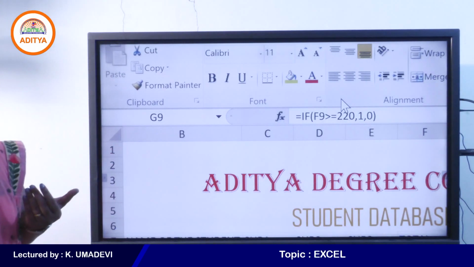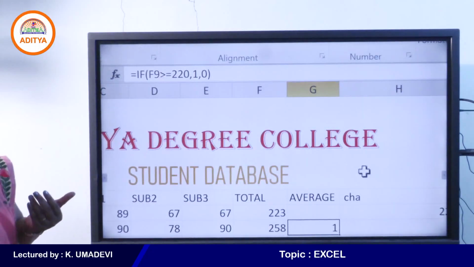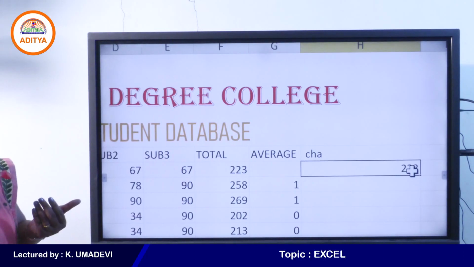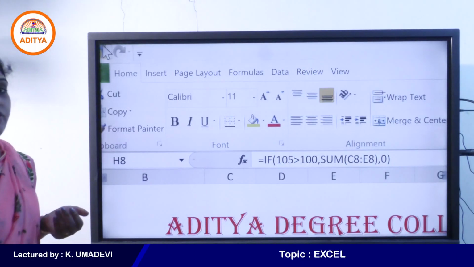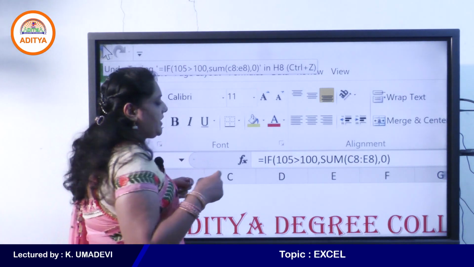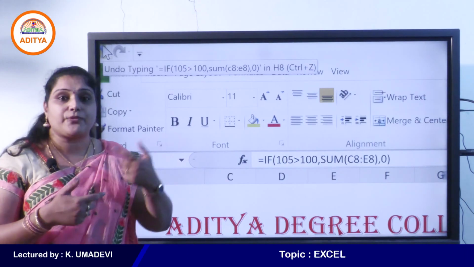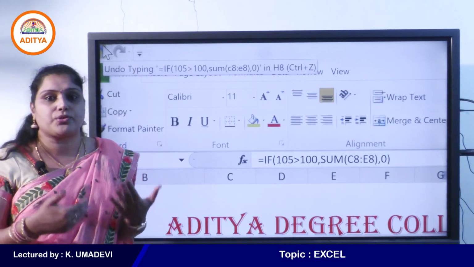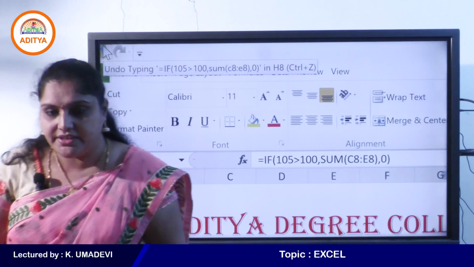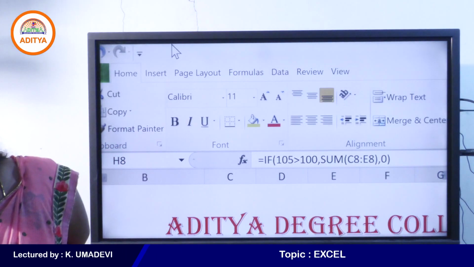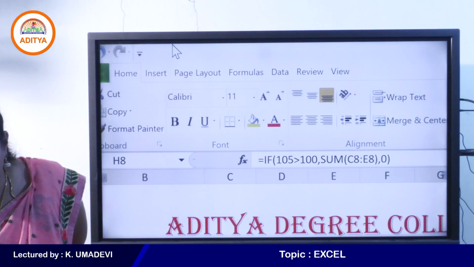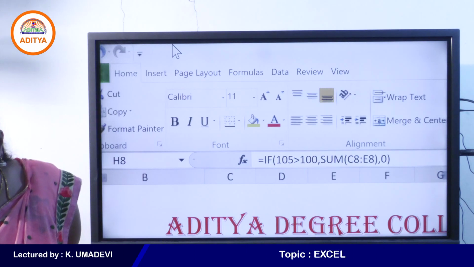So like this, IF is used to print pass or fail, or you can enter your own text instead of true or false, and IF is also used to enter another formula as the result. Yes, we can return another formula as the result instead of true or false. Clear, students? If it is clear to you all, then I will show you another example.